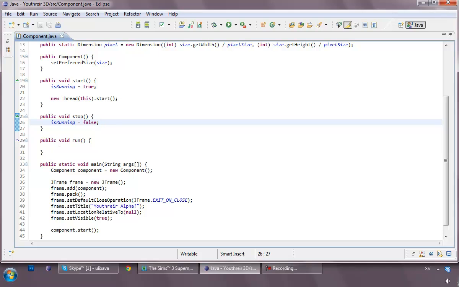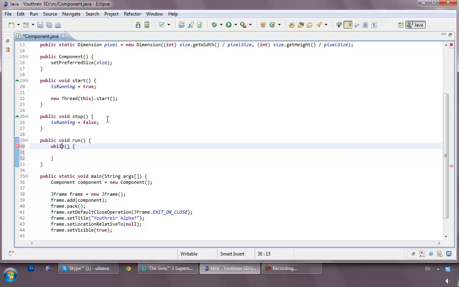Now for the public void run, we are going to have a while loop, the game loop as it's called, and in here we're going to have the game running, and we are going to type in while is running. When you just type in is running, it means is running is equal to true. Put a little exclamation mark here, it means while is not running. So while is running equals false. And you can of course do this like you normally would, typing equal sign false, or not equal to false, or not equal to true, etc. Now